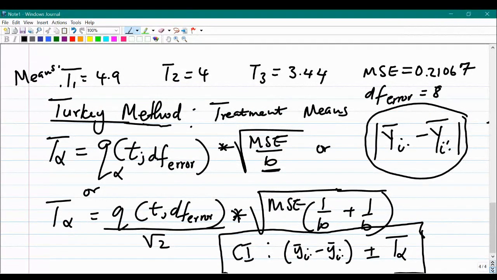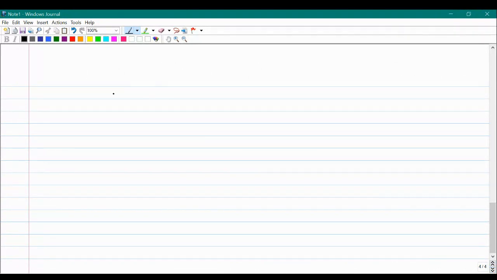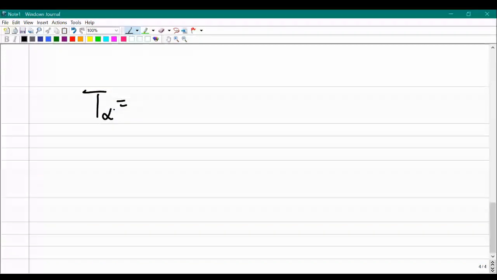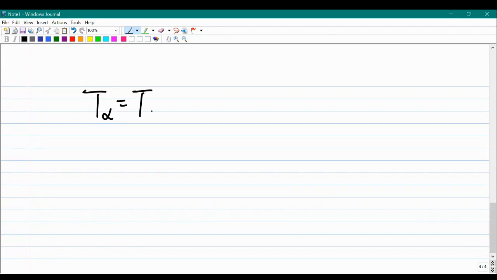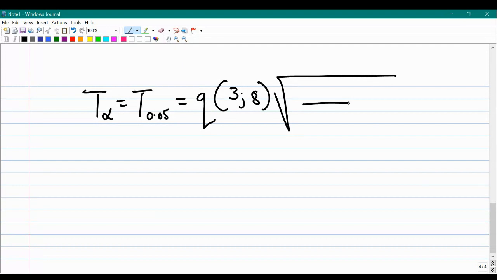Let's find T alpha. Suppose we're using 5%, T of 0.05 is equal to Q. How many treatments do we have? 3. Degrees of freedom of error is 8, square root of divided by 5 here is